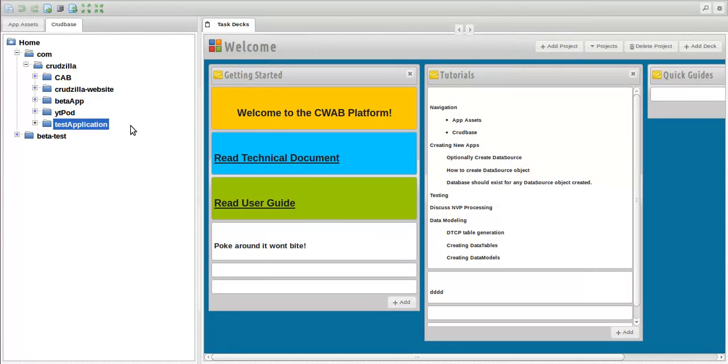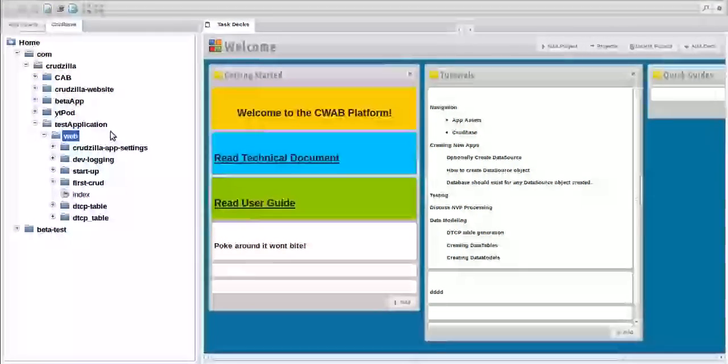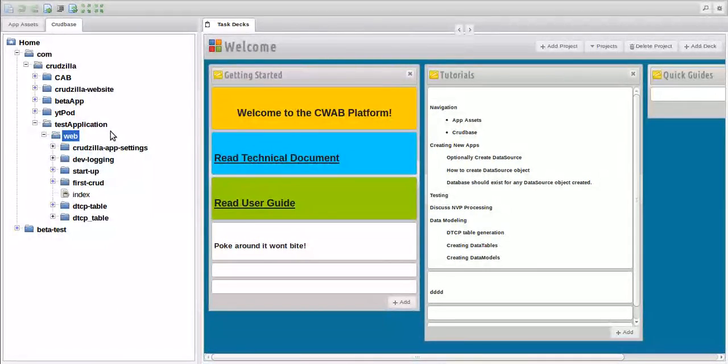Okay, so previously we created the data table. Now we're going to actually do data modeling. In other words, we're going to now create the business objects that we want to model using data modeling in CWAB. So the first thing that you really want to do whenever you do data modeling is to make